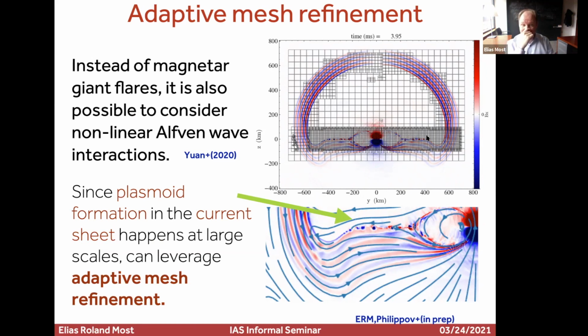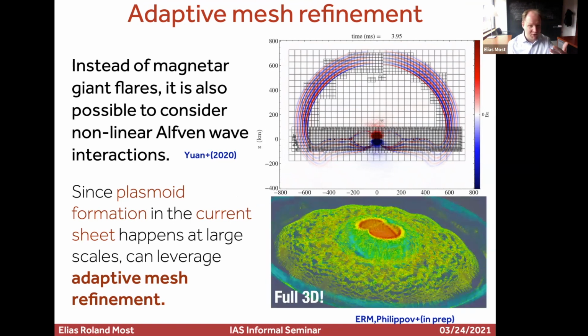And so what you need to do numerically is you need to have enough resolution to capture those dynamics, but still be able to resolve the global scales. And so having an algorithm where you can have this set of nested grids that adaptively follow your structures is kind of the key feature to enable this. And this is in the project I will not be talking about today, but we could effectively use that to do one of the highest resolution simulations of current sheet formation in 3D. And then you can really see how in 3 dimensions, this plasmoid formation happens in basically multiple dimensions, not just in one. That's something I might be following up on at a different point.